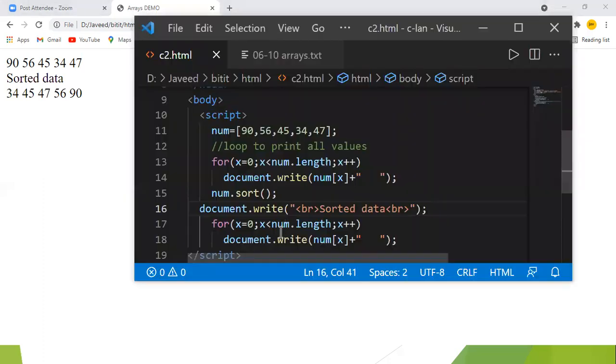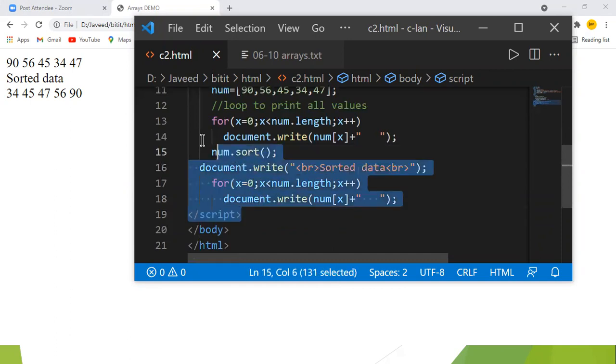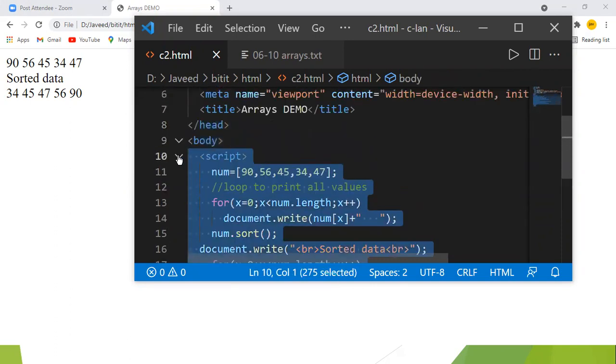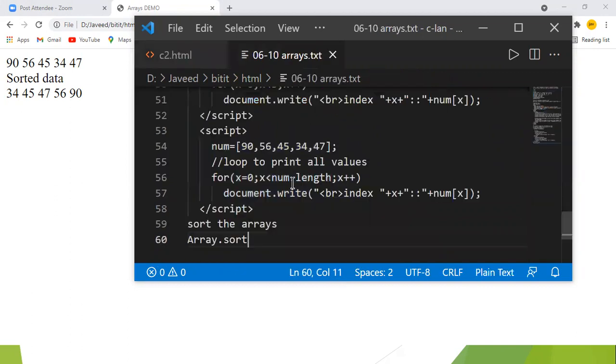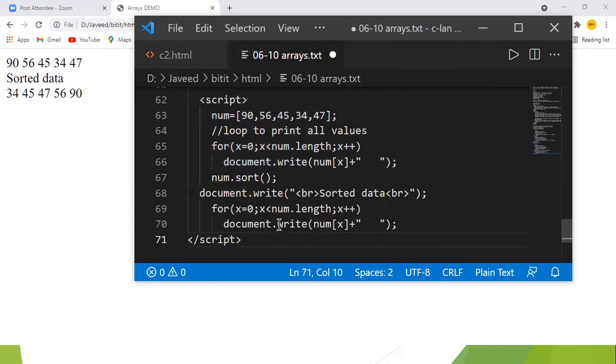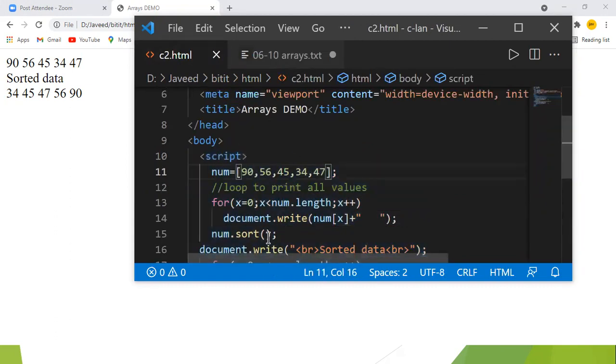What I'm doing is calling a method, array.sort, that is the array name dot sort method. This is going to do the sorting of the elements. By default, it does the ascending order for me. So sorting can be done using the sort method. You can call the array.sort and do the sorting of elements.